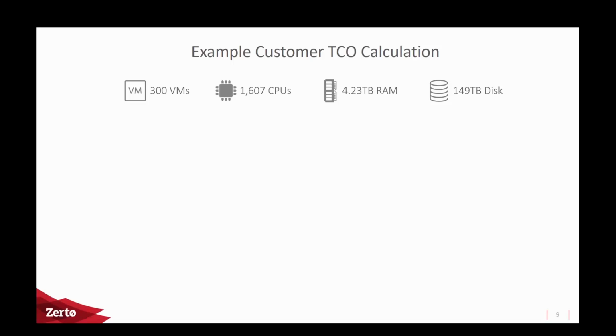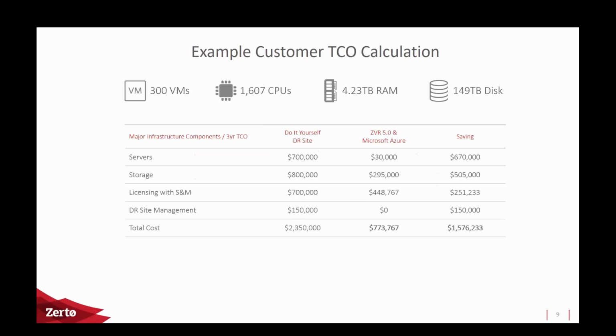It's going to be maybe $700,000, $800,000, $900,000 in storage, because I've got 150 terabytes of production storage. I probably want some nice performance storage in case I have to fail over. I need the performance. I've got to manage it. I've got to support it over a 3-year period. I've then got to license the hypervisors on top, and I've got to manage it. And this